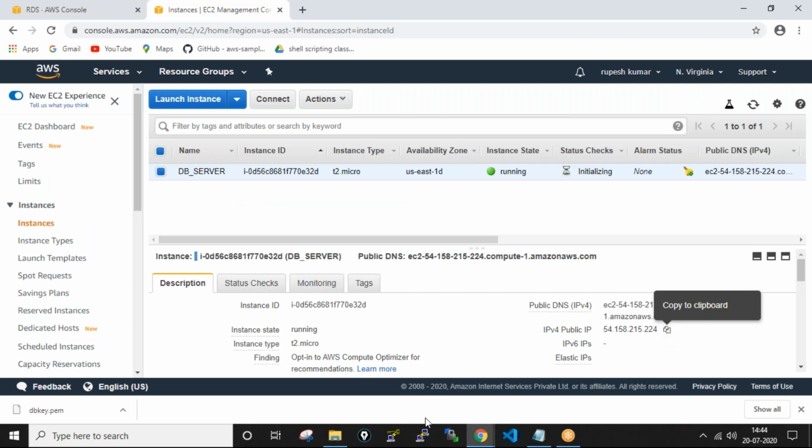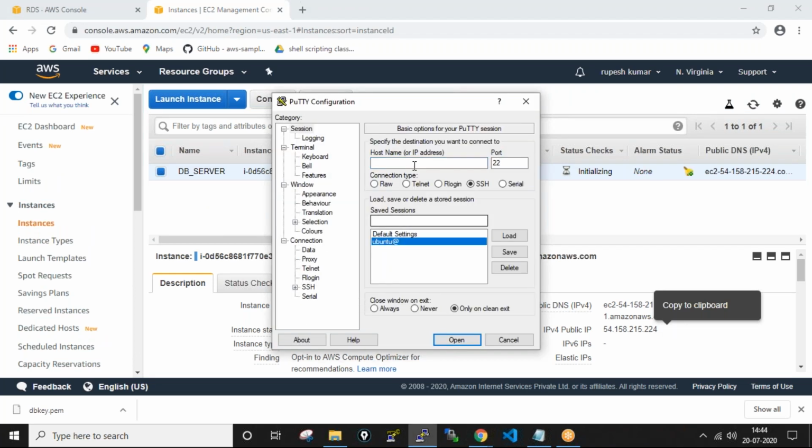So now using the IP address, I'm just connecting to the instance. EC2-user.